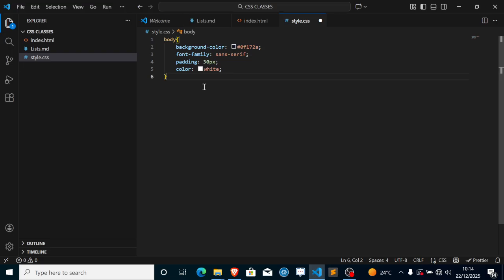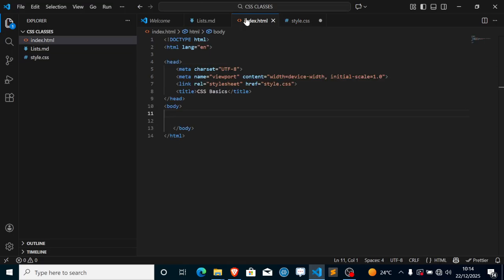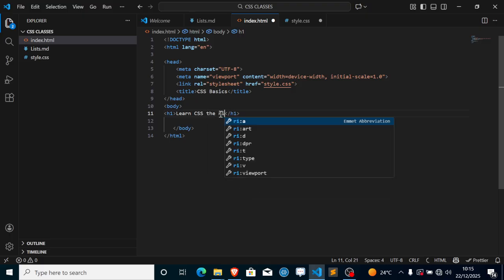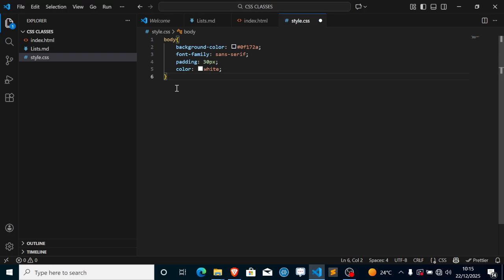So the next thing to do is create our heading tag. So we have an h1 and we'll write: Learn CSS the right way. For my own mode of designing, I like to write a single HTML element and go back and design. I don't know, some people would like to finish all the skeleton, which is the HTML, then go back to design. So I would write the h1,